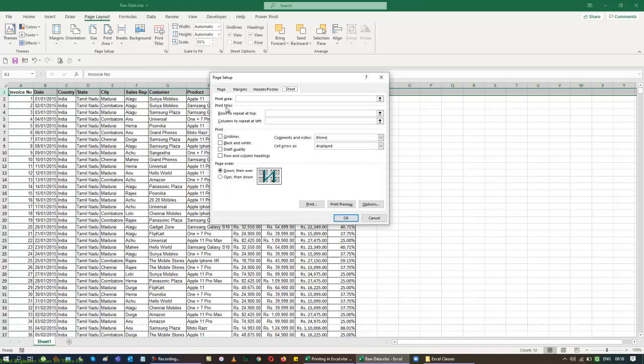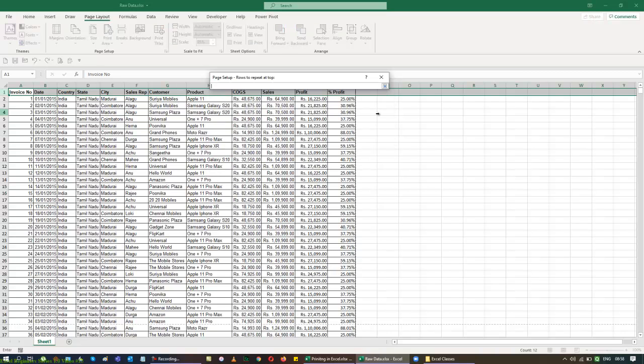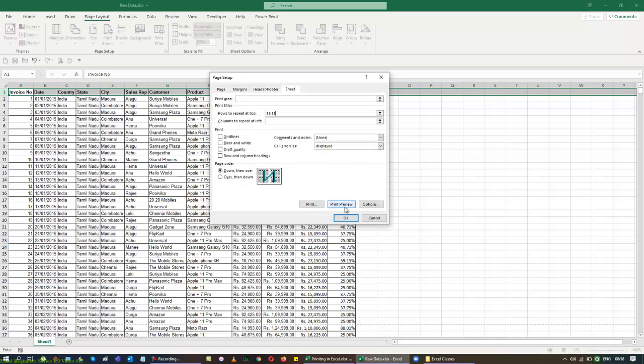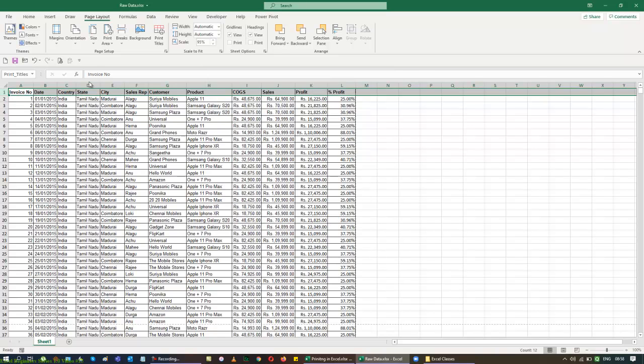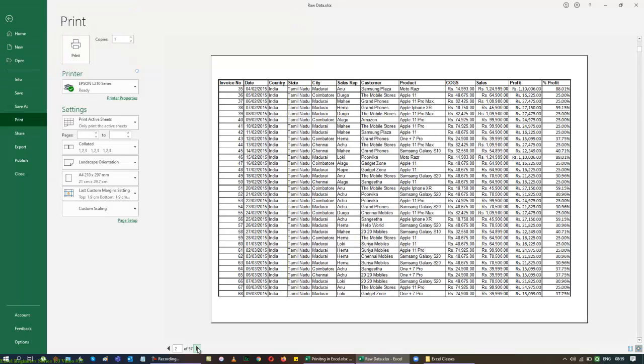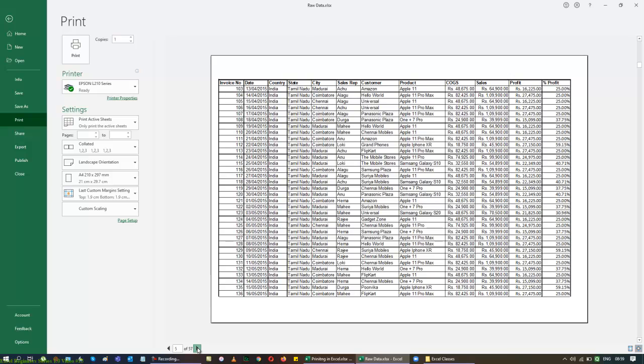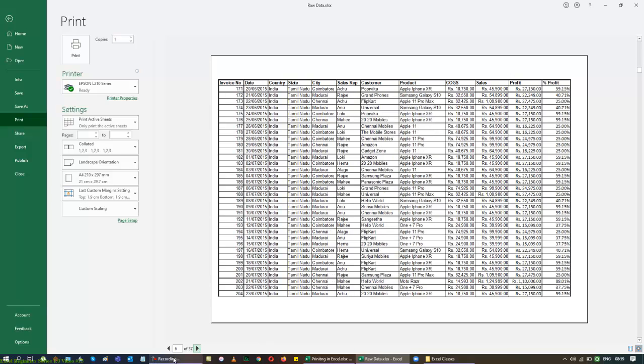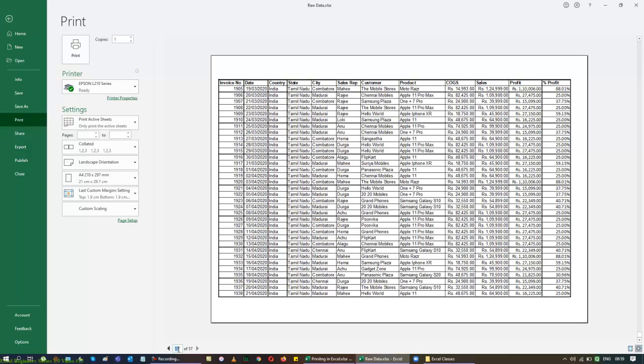Then in the print titles page setup screen, I'll come down to my sheet, rows to repeat at top, and I'm going to click this, and then select the first line. So this allows me to add this first line to every page. Now when I go to my preview and scroll down through the pages, you can see that the next pages all have the heading coming up, and it goes until the last page. And you can see that it's giving you all the pages that we are looking for.